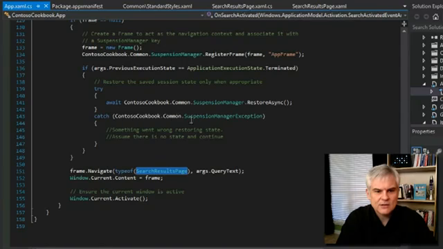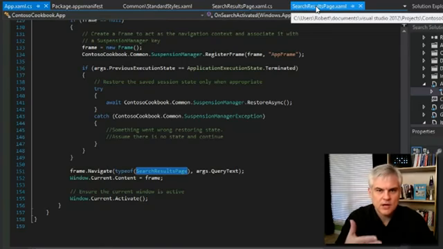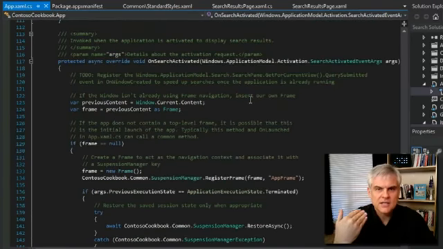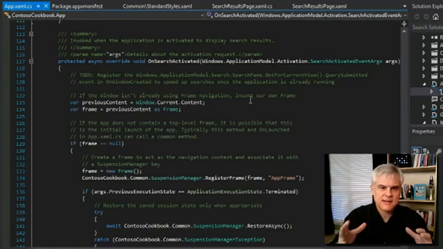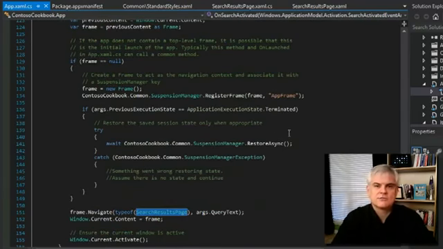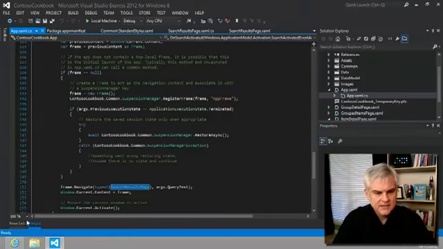So that's how the SearchResultsPage.xaml will be brought up whenever a search is performed. It's because the application object, our instance of the application object, has an OnSearchActivated event handler now, and it directs all search traffic then to our search results page. That's pretty cool. And we got all of that just by including that search contract from the Add New Items dialog. All right, so let's continue on